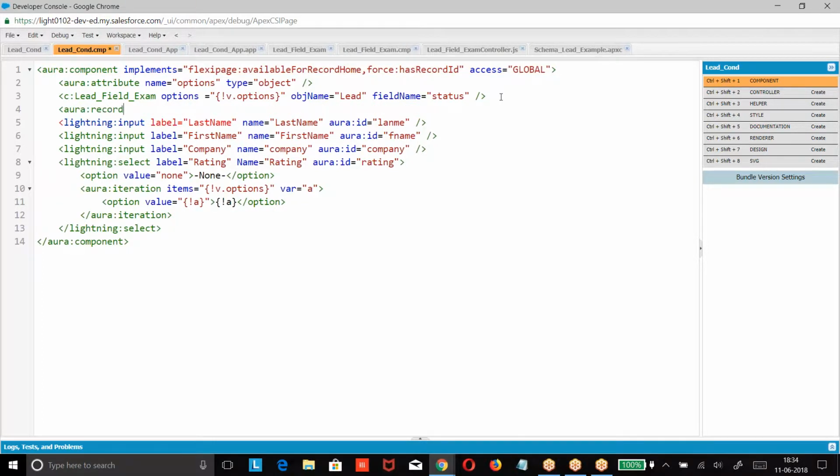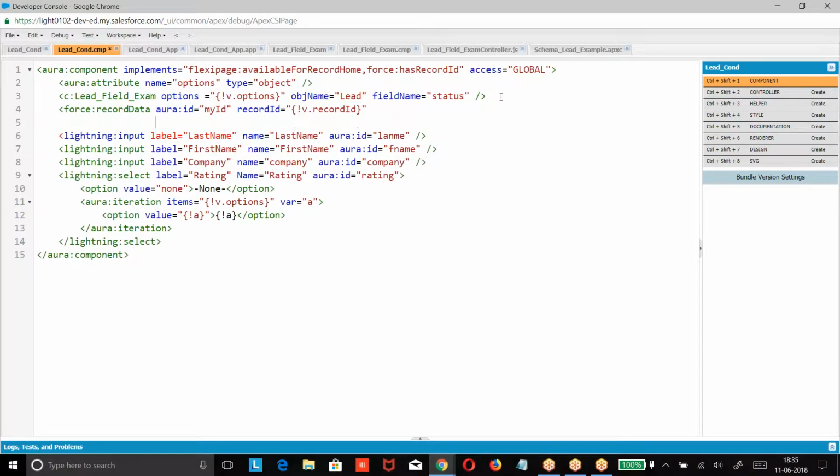URL record. So what was the format we need to use? Force record data. What are the fields we had? Yeah, I think that's force record. Force record data. What are the things we require? First, record ID. I'm giving some my ID. Then recordId: this.recordId. Then we had what are the list of fields you want?